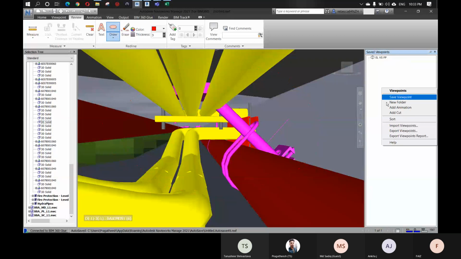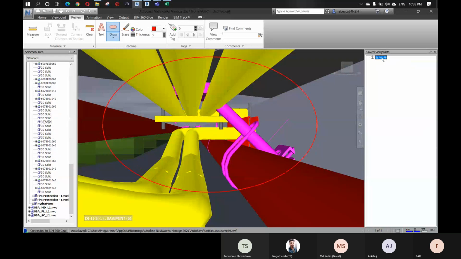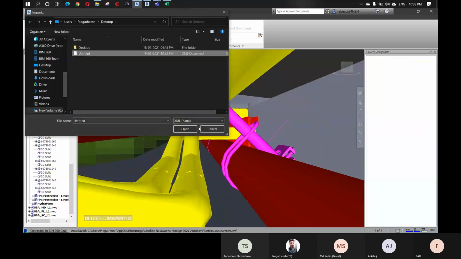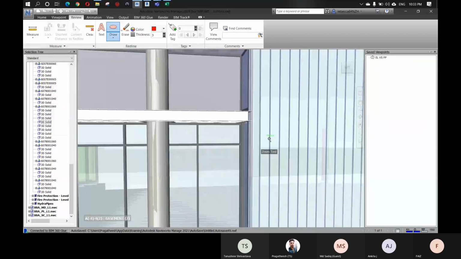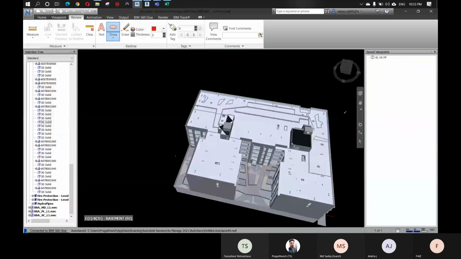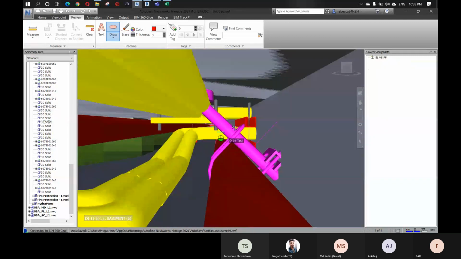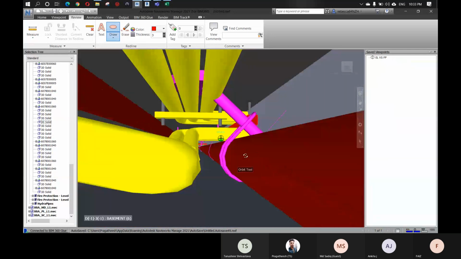Okay, we have this. I'm exporting this one to desktop. Okay, I'm deleting this, give import, and I'm just importing this one. Okay, so now I am somewhere else like this. So the fire piping guy, he's just importing the XML file. So when you click this, he gets to this area and he knows, okay, we have to solve this, and he will do it. So these viewpoints will be created for all the clashes and all the areas that need attention.